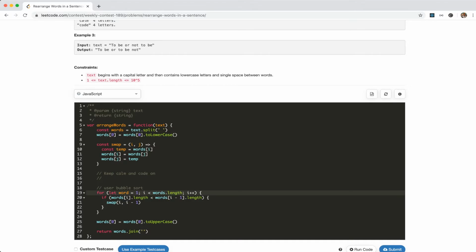Let i equal length-1, i bigger than 0, i--. So first one we got on, code, so we swap these two, and then on and code change. So on will be bubbled to the first one, right? And then code doesn't swap and will be put here. And then again,